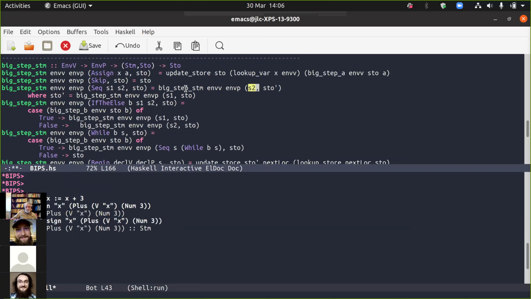in the same variable environment and procedure environment, because evaluating a statement does not change the environments, but it could change the store. So we have to use store prime here, and then this is going to return a new store. So sequencing is making sure that the stores get passed around. But if you look at all the code,